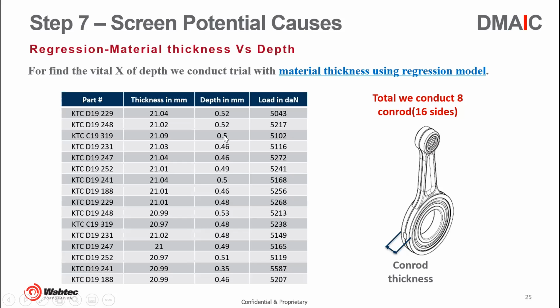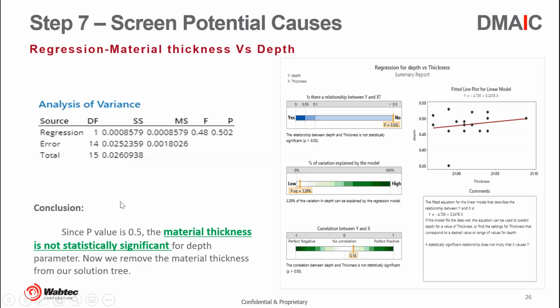and understood the depth and load relationship in this. In the next slide, you would see that the p-value is not coming less than 0.05, and this should be below 0.05, hence it was not statistically significant in terms of material thickness. So we went ahead and saw the